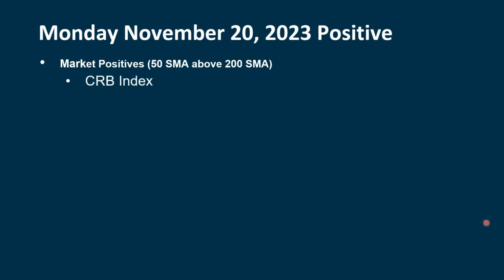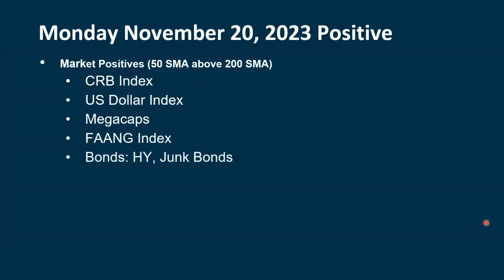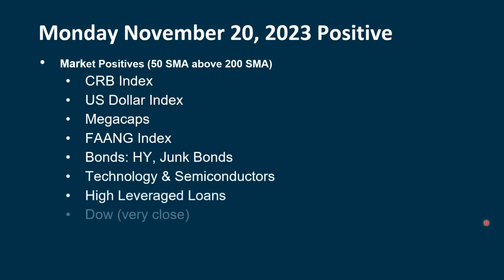Then at the end of each video, I take those things that are positive and negative and put them in a list. My definition of positive is when the 50-period simple moving average is above its 200-period simple moving average. Now, I know there's a lot of different ways to do this, but this is a generic way of measuring positive from negative. We have the CRB index, which is positive, the dollar, mega caps, the FANG index, bonds when you look at high yield and junk bonds, the riskier bonds, the tech sector and semis, high leverage loans,